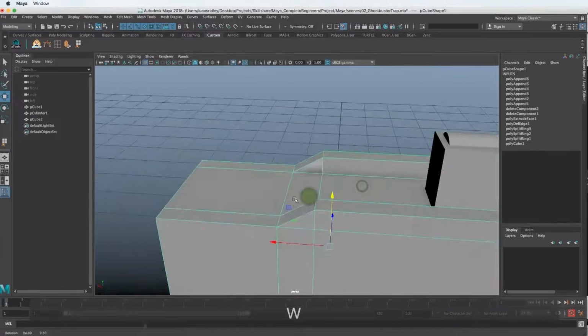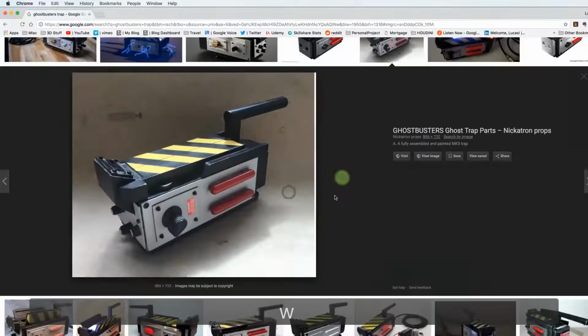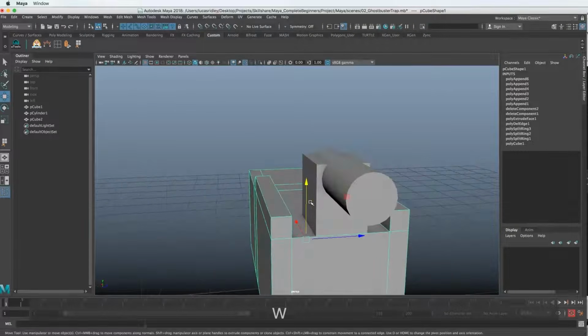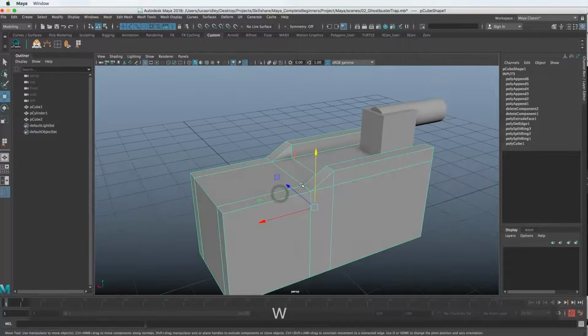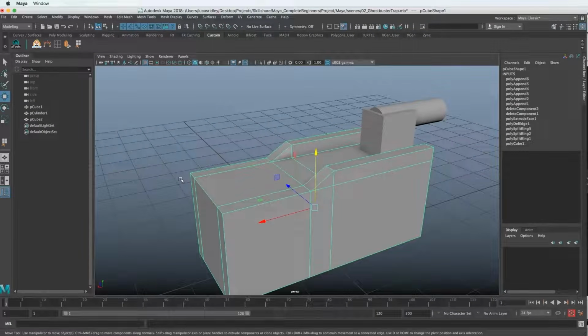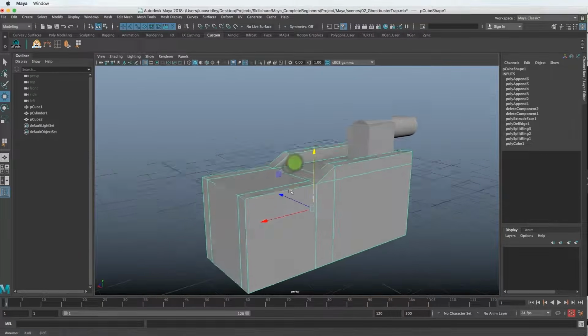So now we have this type of slant to our object. How cool is that? And this back area is at the same level as those. So in this lesson, we learned the Insert Edge Loop tool, the Poly Extrude tool, and the Append to Polygon tool. We learned 3 new tools. We learned a lot, and those are tools you're going to use over and over again. So in the next lesson, we're going to continue to refine this. We're going to bevel some edges and keep adding more detail.